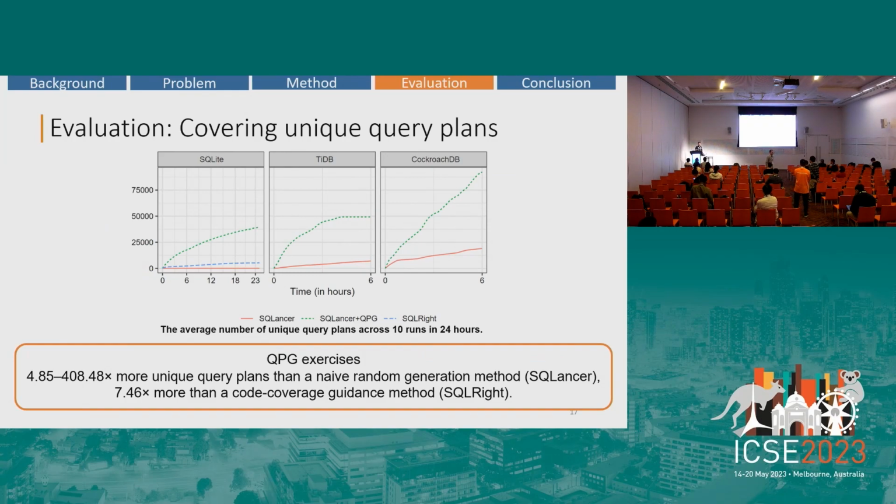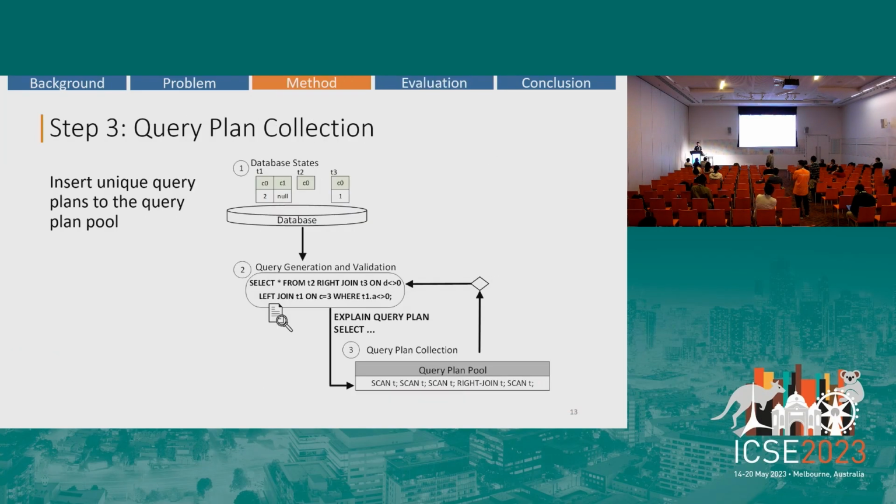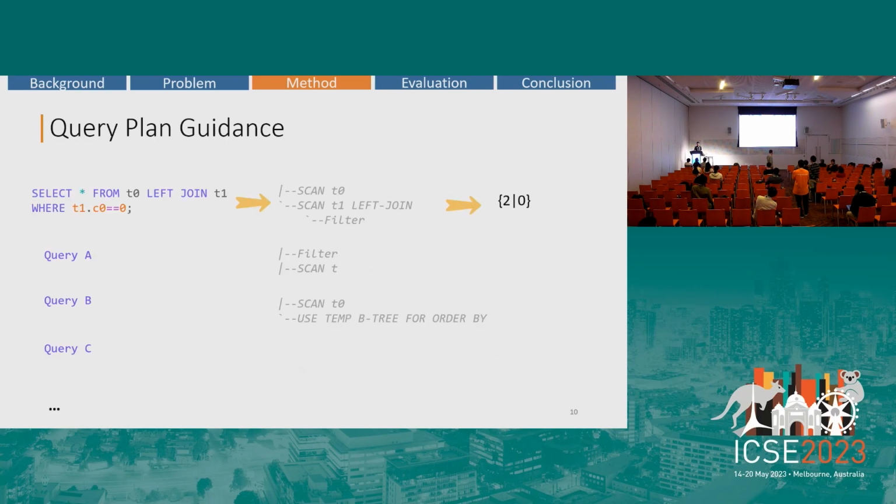You mean how to distinguish the different query plans? Oh, yeah. Here we can see several query plans. We have some table names and the join algorithm. We will remove the table name, the view name, and some of the very customized names, and otherwise we simply compare other components to distinguish a unique query plan. Okay, I see. Thanks.